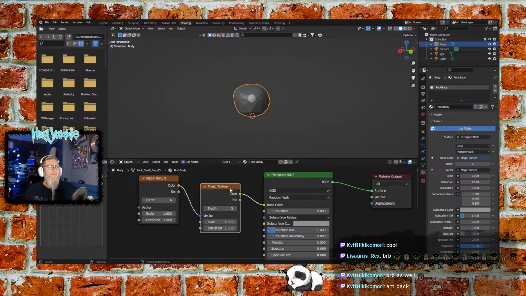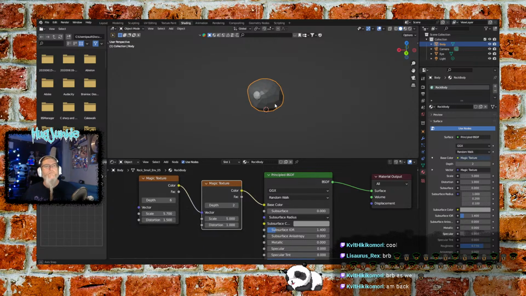So we can use color into vector. Scale. So that's not actually showing the